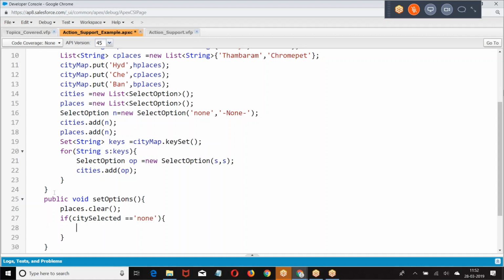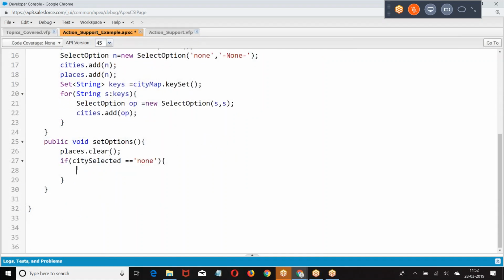if you have selected none, if you have not selected none, then what should I take? List of string myPlace is equal to city map dot get of. If you selected Hyderabad, I will get Hyderabad places. If I select Bangalore, I will get Bangalore places. If I select Chennai, I will get Chennai places. Then take one by one option.